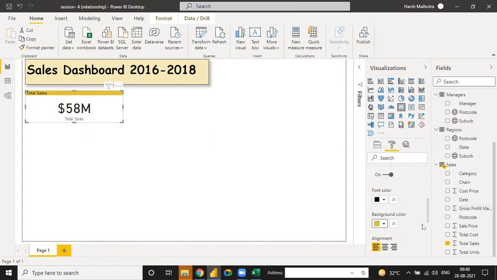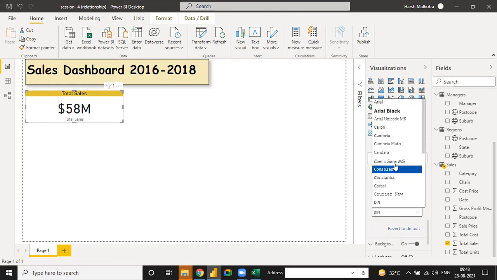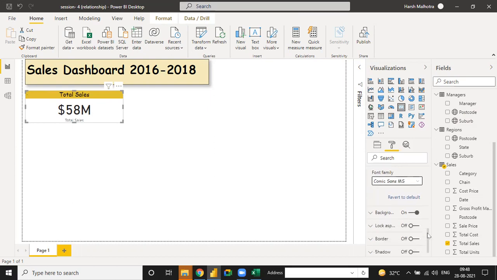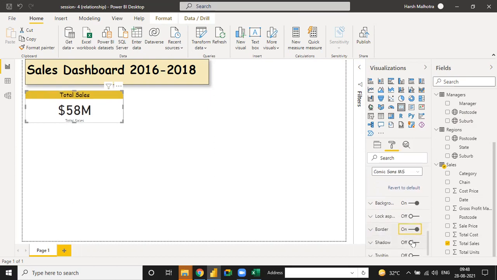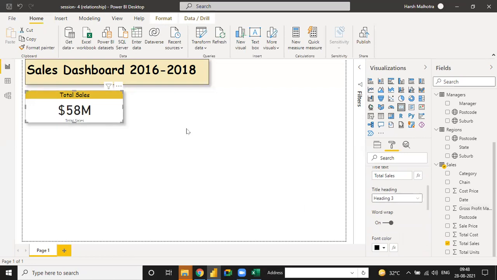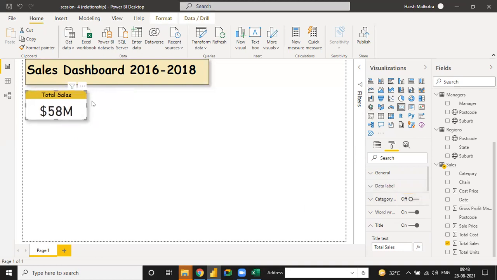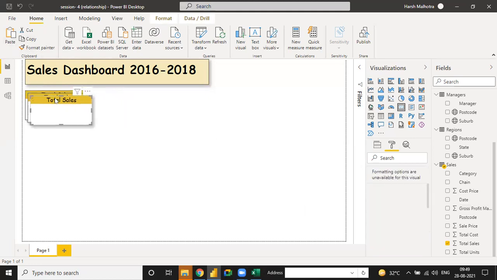Then alignment, and change the font as well as the font size if you need. Do the same font format for all. Then, see, the total sales is written below, so you can use the category. So your total sales is ready, and you have to copy this and paste it.